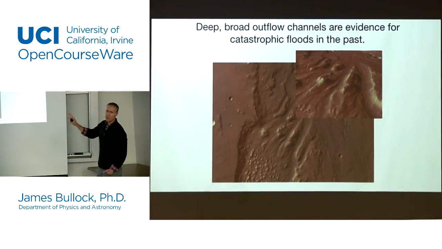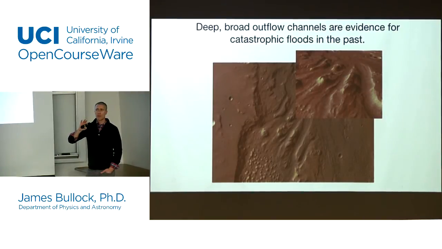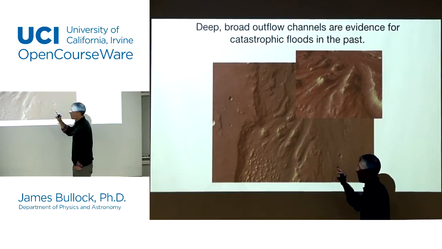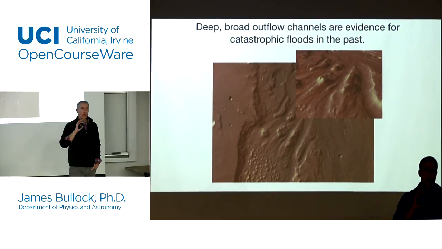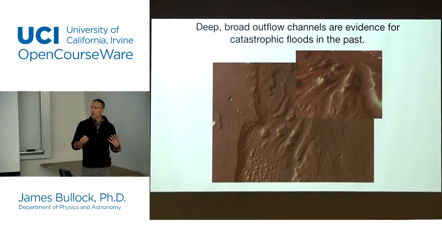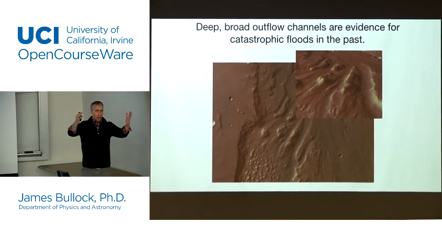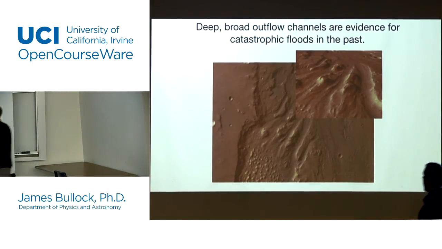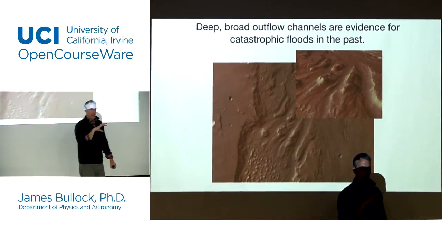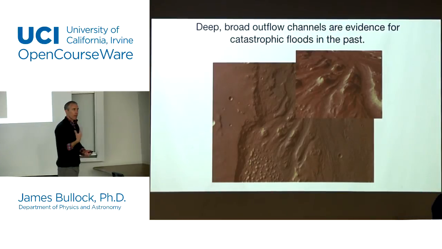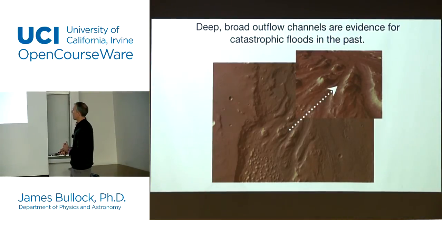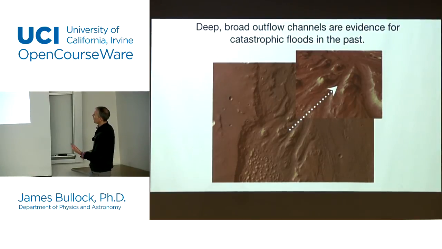If you study the surface of Mars, you can see just from satellite imaging that it looks to have what look to be outflow channels. So what look like what would happen if you had a catastrophic flood on the Earth. It washes stuff away and creates these outflow channels. And so there's other evidence as you survey the surface of Mars that at one point in the past there was liquid water, and the liquid water was flowing in this interesting way. It looks like the water was flowing that way.